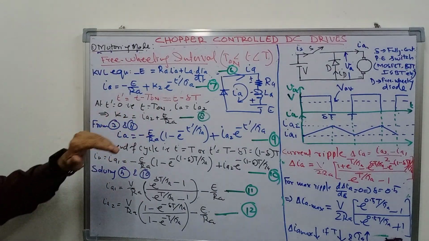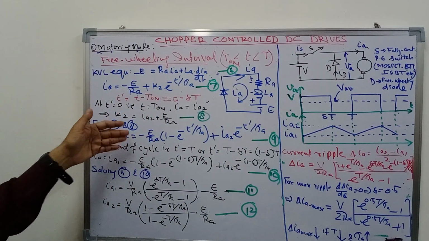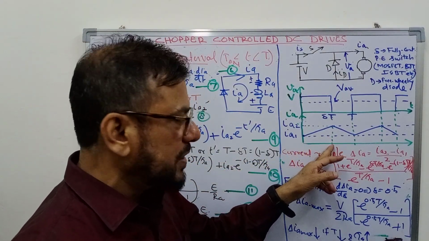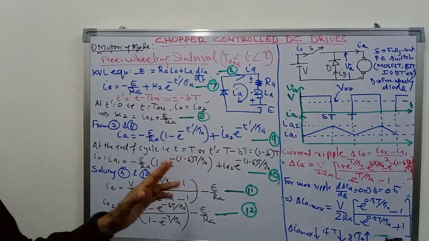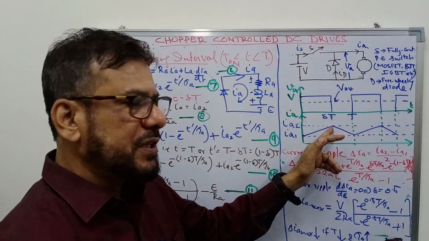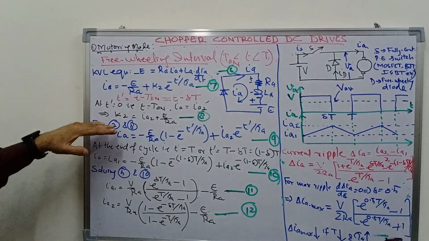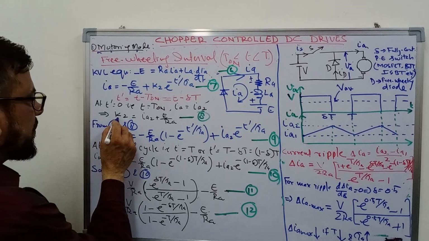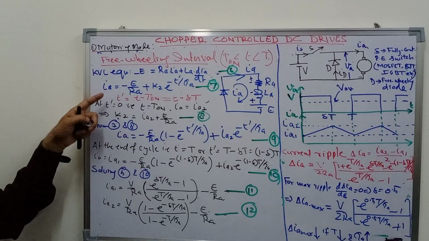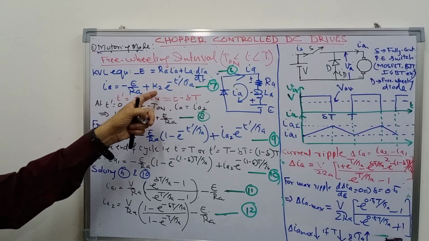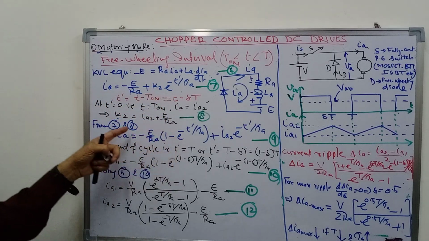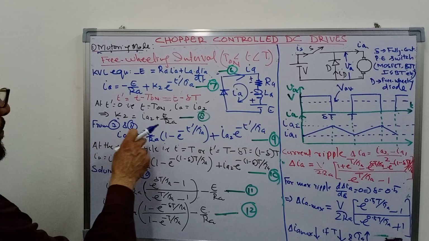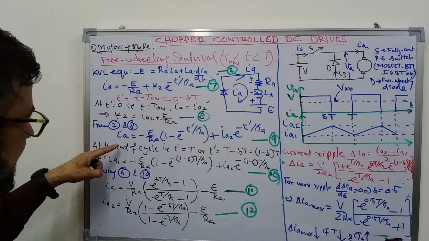Now you can say that when t dash is equal to 0, that is the beginning of the freewheeling interval, the current is at its peak value, that is equal to Ia2. So using that boundary condition, you can find out the value of the constant K2. Here put I equal to Ia2 and t dash equal to 0. So you will get the unknown constant K2 in terms of Ia2 and E. So this is equation number 8. Now you put this in equation number 7 to write the final solution.